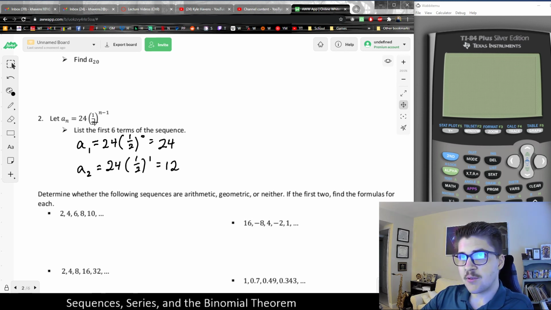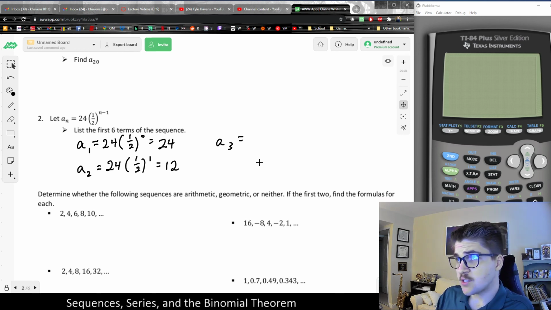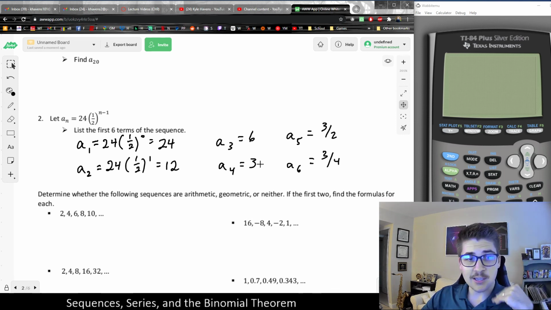Since the common ratio is 1/2, each term will be shrinking by half, or being cut in half. Again, an exponential function, which we often call exponential decay. The next one would be cut in half again, which is 6. I'm going to take a shortcut here: once I figure out that pattern, I could just do it recursively and say each one is just going to be half of the previous. Then it would be 3/2, and then 3/4, and so on. We could then analyze what happens as this sequence gets smaller and smaller and smaller. It's just going to be half, half,